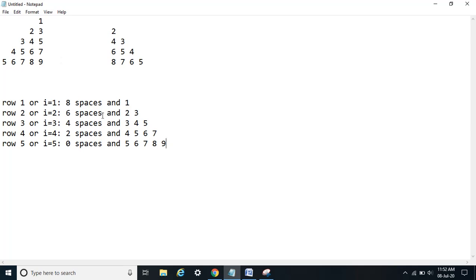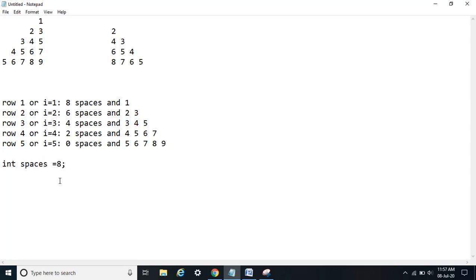Now we will try to build the general relationship between this and the value of I, so we can code that. First let's see about the spaces. Let's suppose I take an initial variable int spaces equals to 8.